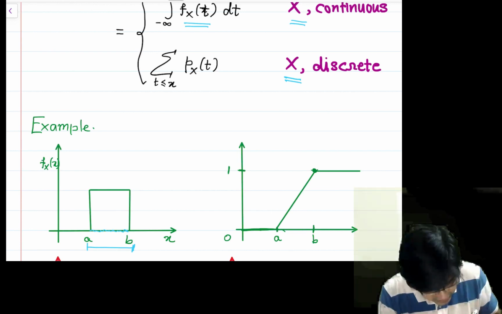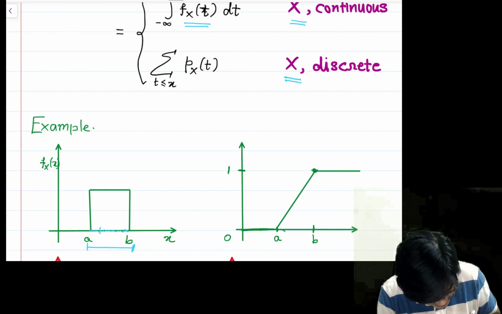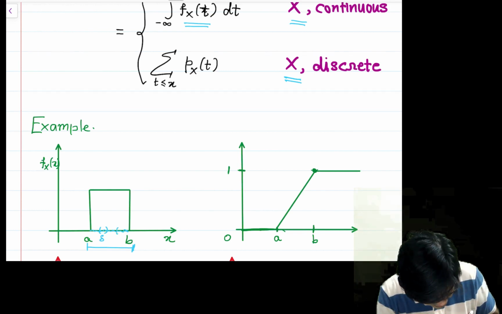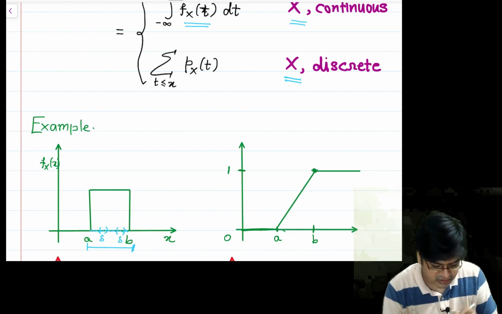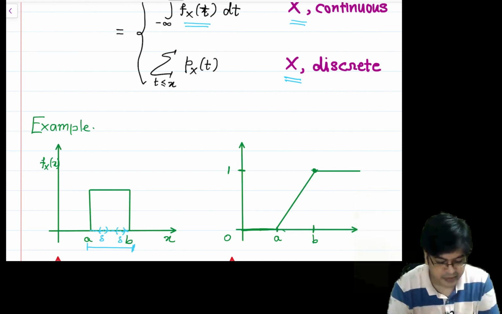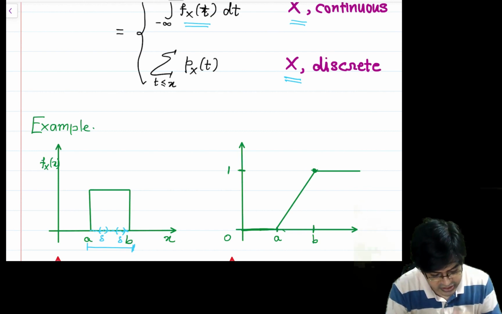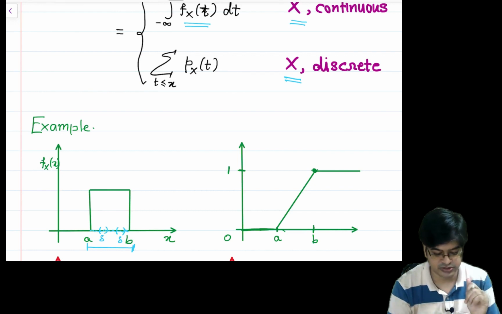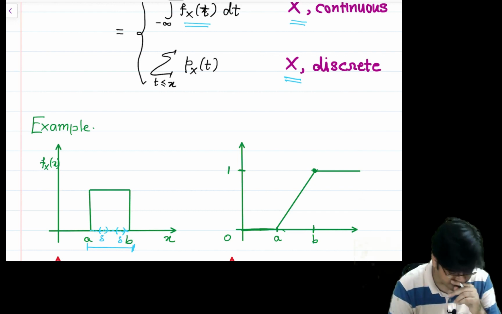Then you can take this interpretation. If I take a small interval of length delta over here, and if I take a small interval of length delta over here, the other part, then both of these intervals have equal probability of getting chosen. I hope I have made it clear.